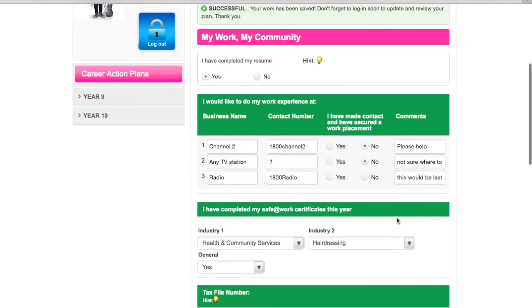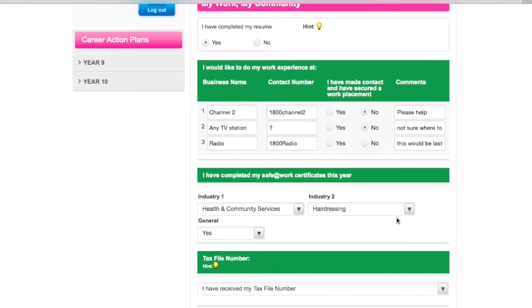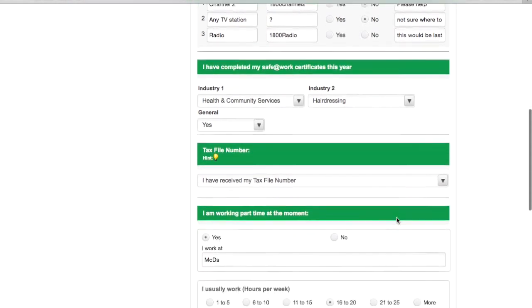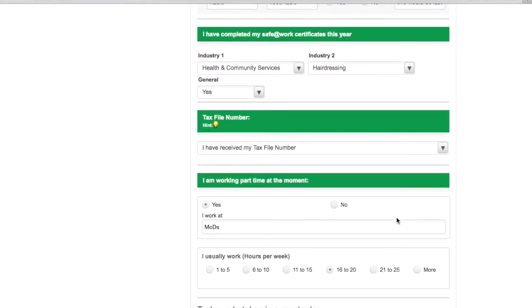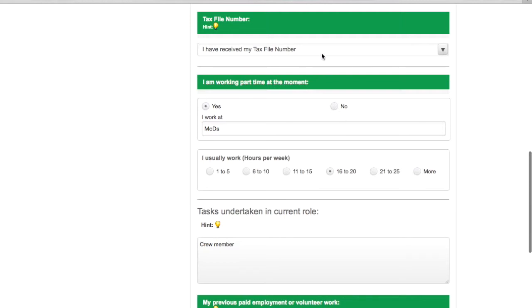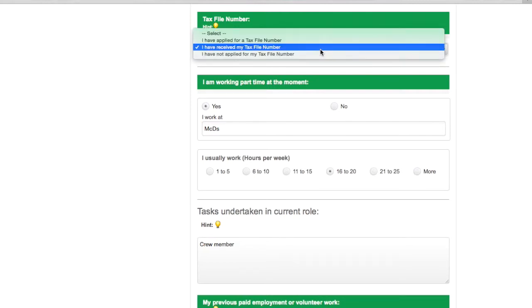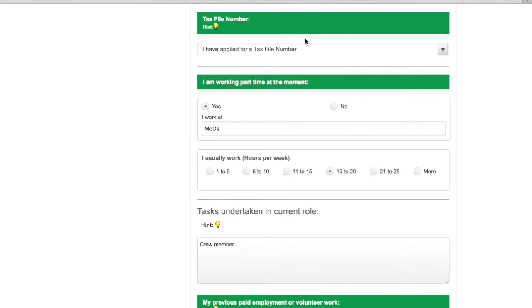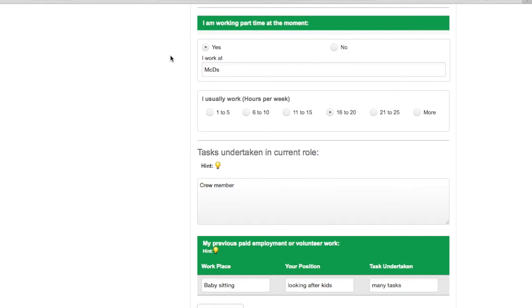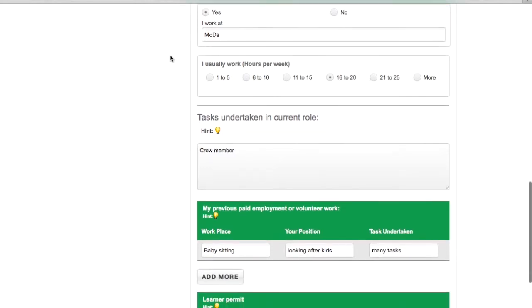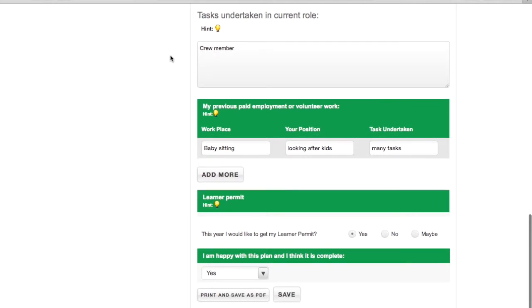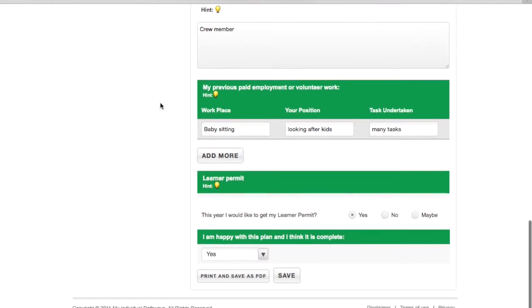And we have here the My Work, My Community section, where we're asking them about resumes, about work experience, if they've completed their Safe at Work certificates, if they are thinking of getting a tax file number. This works as a prompt. We don't want details of a tax file number. If they're working part-time and how many hours they work, to list the tasks undertaken in their current role. However, we do remind them that they can add those skills to their resume,